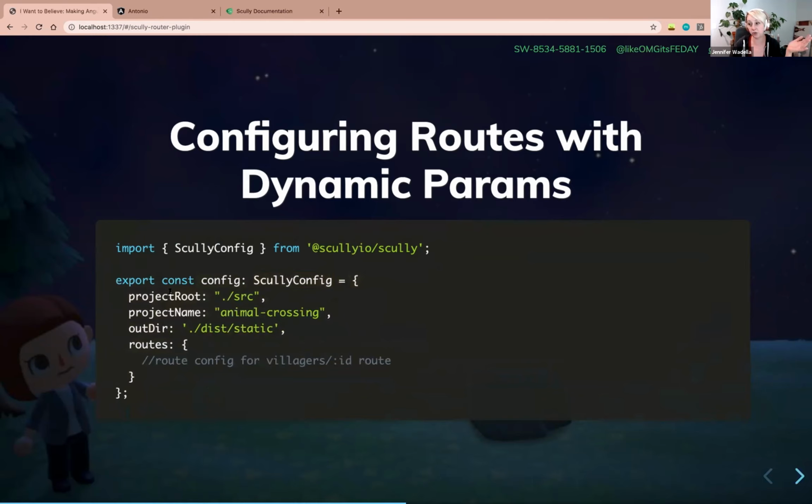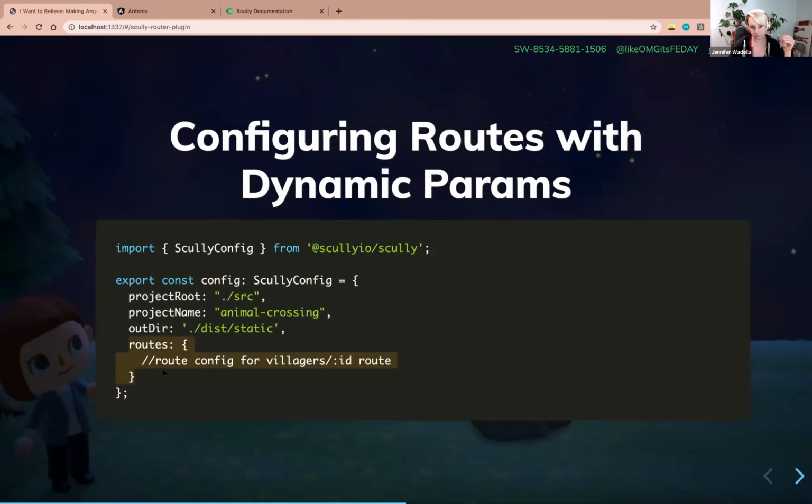Let's say you are in a different project structure and maybe something squirrely has happened and your project root where your source files are isn't actually the source directory. Here's how you would change that to look for the routing information. Let's say there was a different output directory you had configured. This is how you would change that there. So this is kind of like the defaults generated for you.